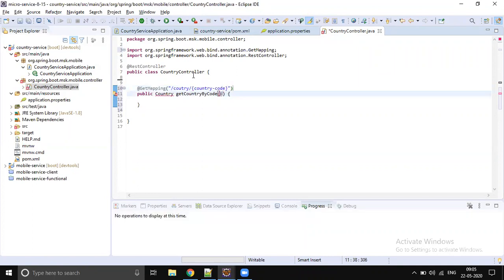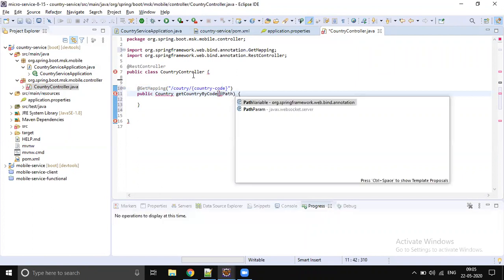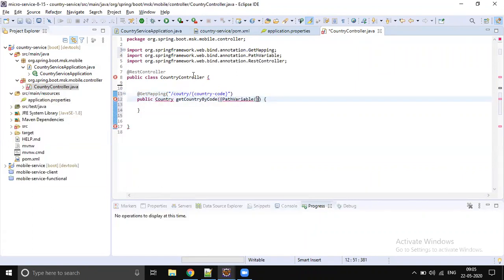Just get that country code by using a path variable. Since we have a hyphen, we must specify the name in the path variable, and it's going to be some string. So let's assign this to a string.